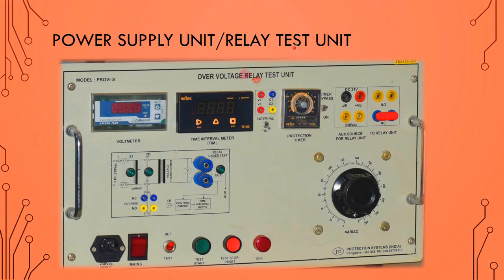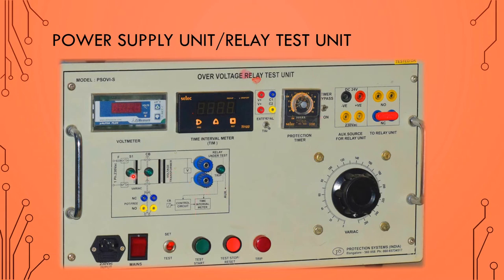So that means the output signal from the relay will come over here, to the NO terminal. NO from the relay will come to NO. If NC is there, from the NC of the relay will come to the NC of the circuit breaker. Now the main switch is this one. The function of this decides the whole system; this whole system depends on this switch. How we will set the relay depends on this switch.